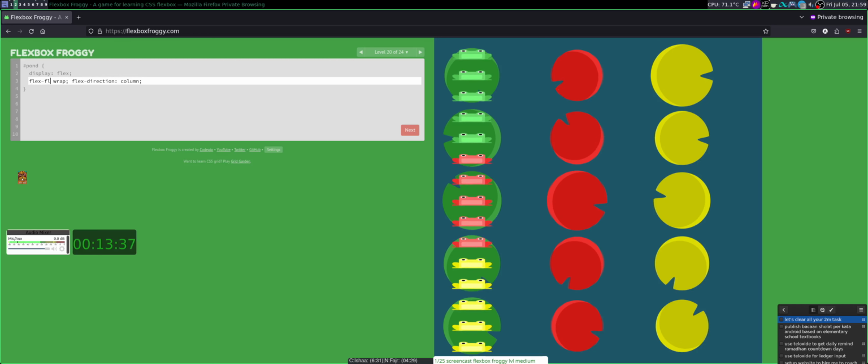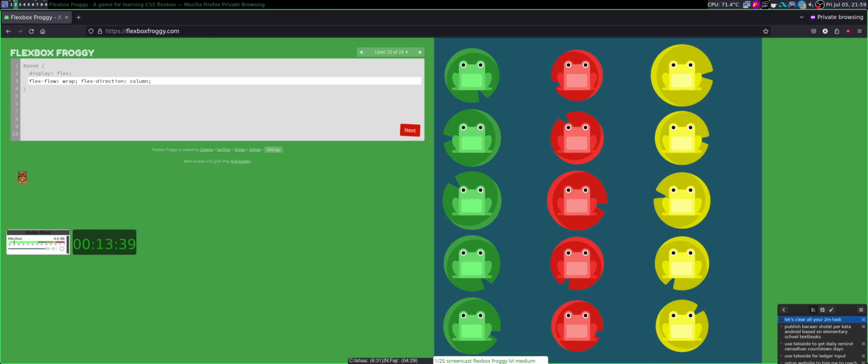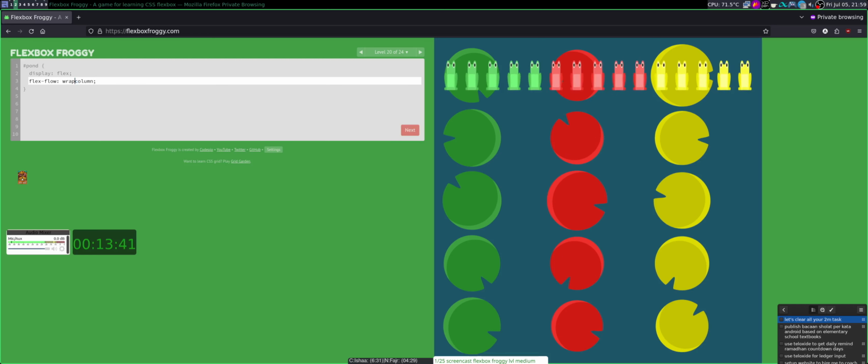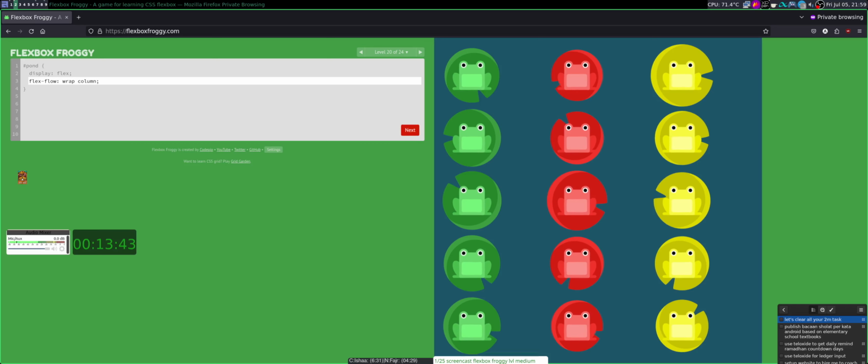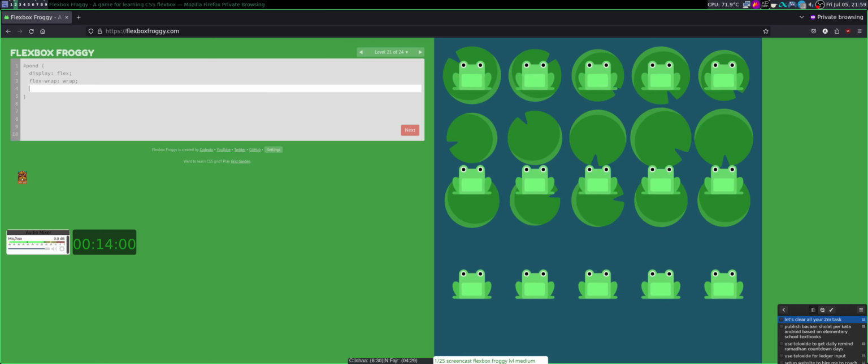So I can specify the flow into wrap and column. This one flag flow is a combination of flag wrap and flag direction, because the flag is using most of the time at the same time.